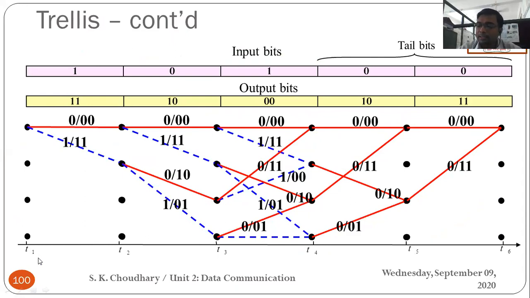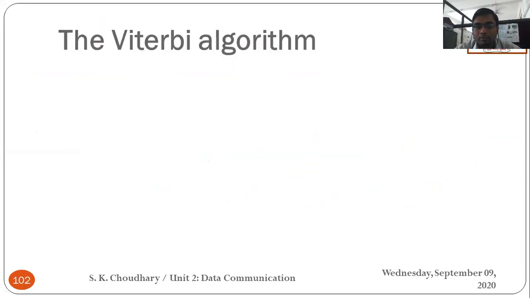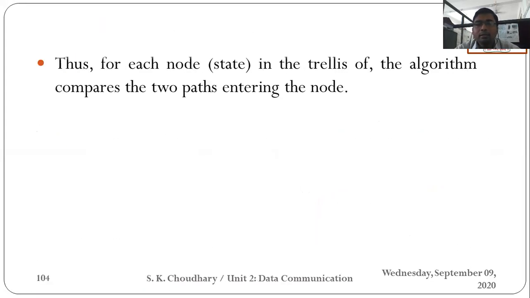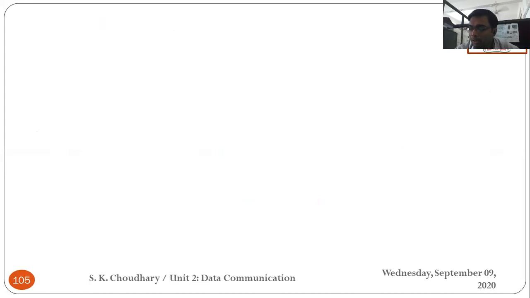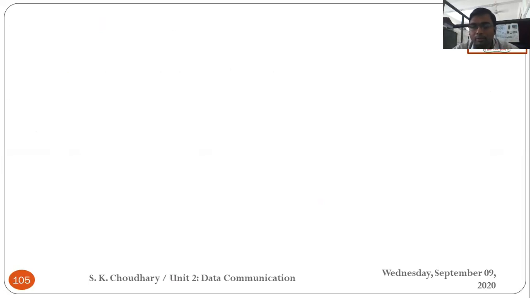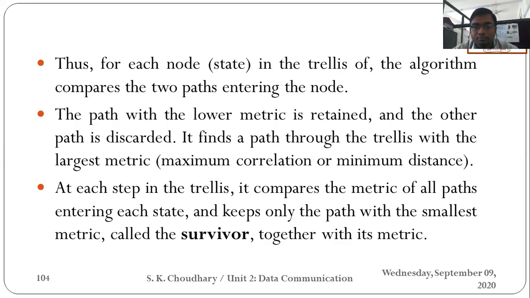In the decoding part, as per our discussion, we are following the maximum likelihood decoding method, and for that we have the Viterbi algorithm. Okay, and here we have discussed a little bit of the theoretical part, that in the Viterbi algorithm, we compute the metric for every possible path in the trellis diagram, and what the metric is, we have also defined there. So what is the metric? Metric for any particular path is